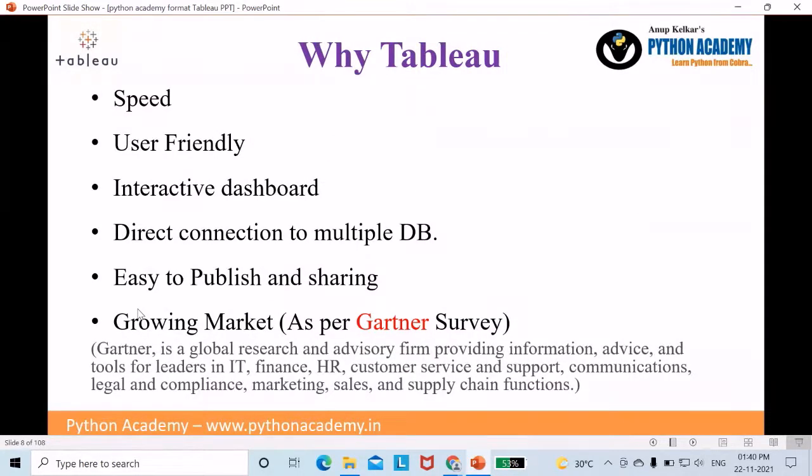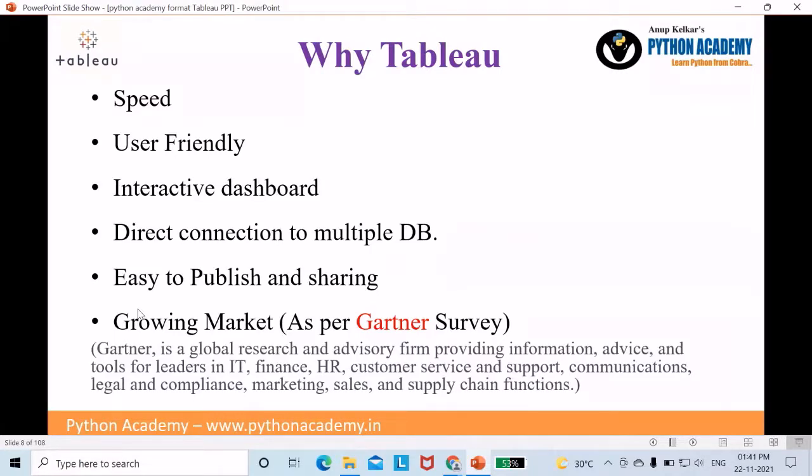Number one feature of Tableau, it is very speedy to plot a graph within seconds, and even if the data is so big you can easily filter it out, and as per your requirement you can plot the graph within a second. Second is user friendly Tableau, because in this software the features are so descriptive and depictive that you can easily understand what it delivers while we use any feature.